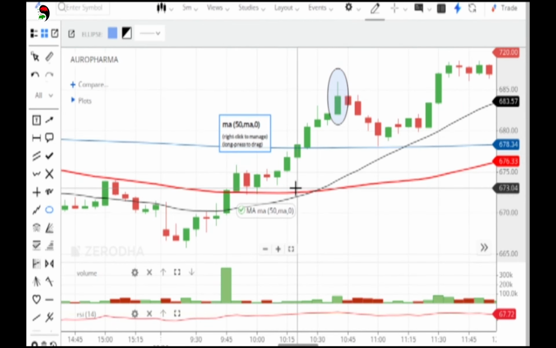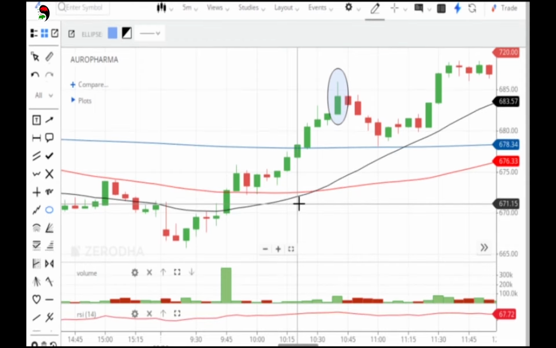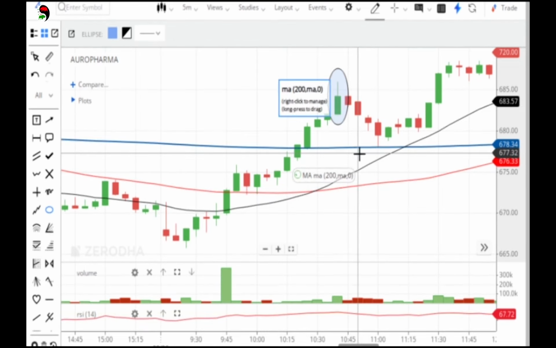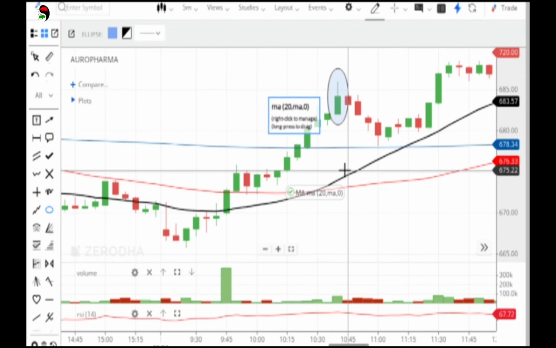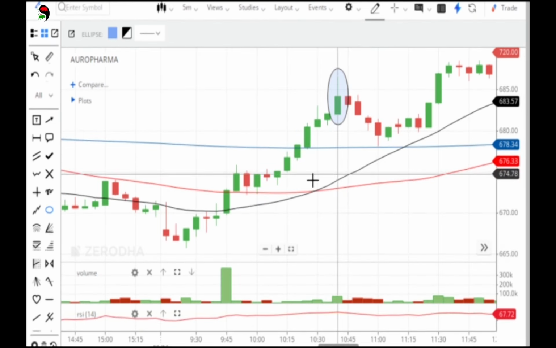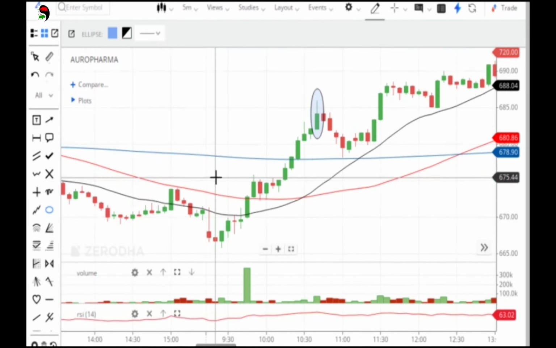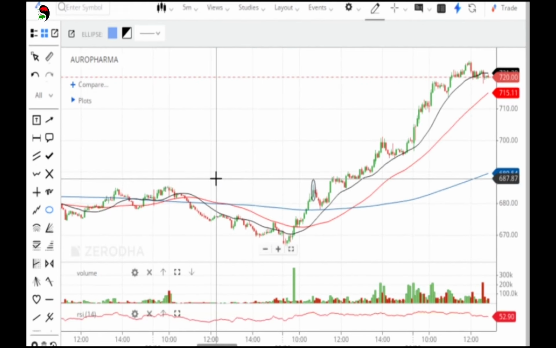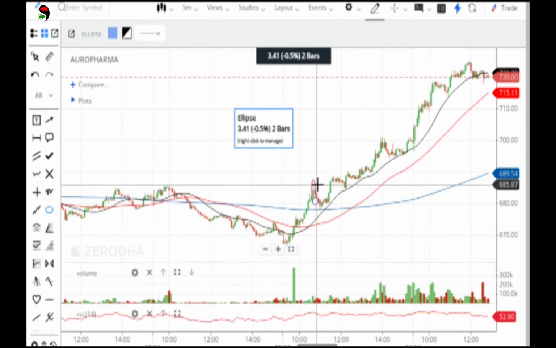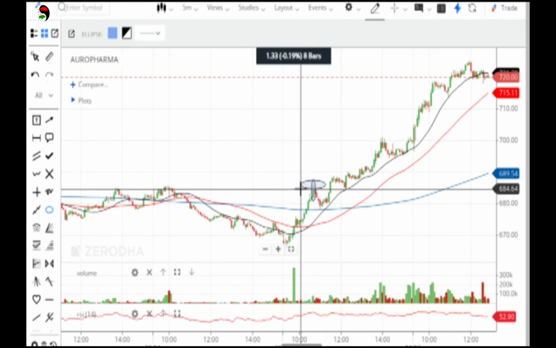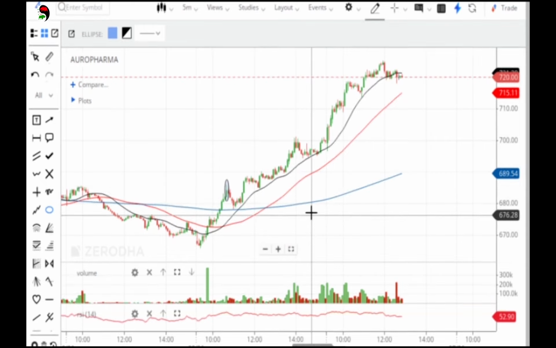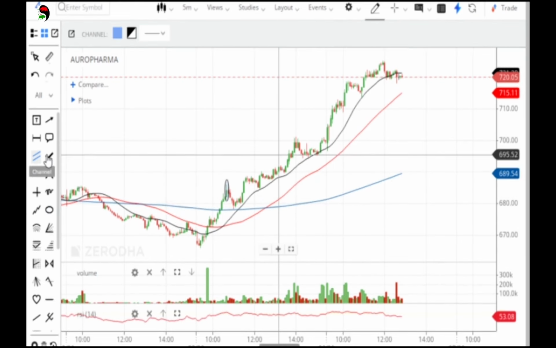Now we have two methods. Either we can follow the trend line method, or we can draw the channel. So here it is the channel. First we'll look at how the channel can be drawn, so we'll zoom out a little bit, and we'll mark the candle which shows that we have made the NR7 strategy. We'll start from the top most part of the 5 minute candle,